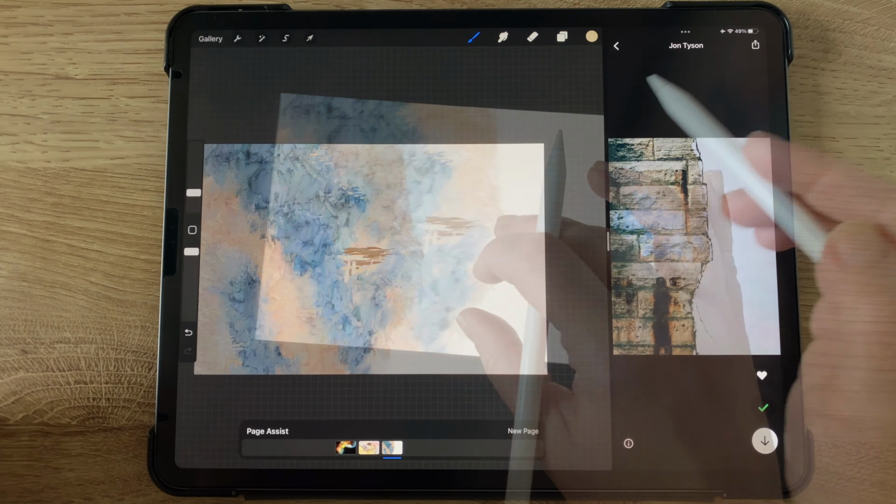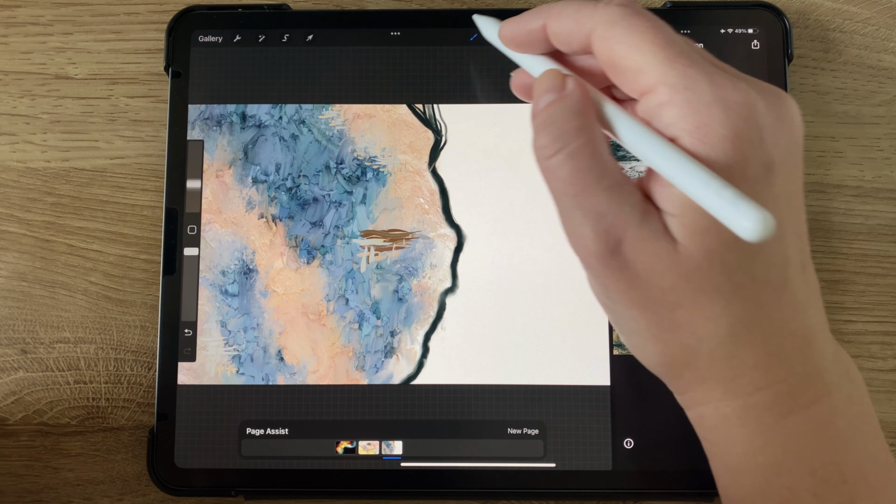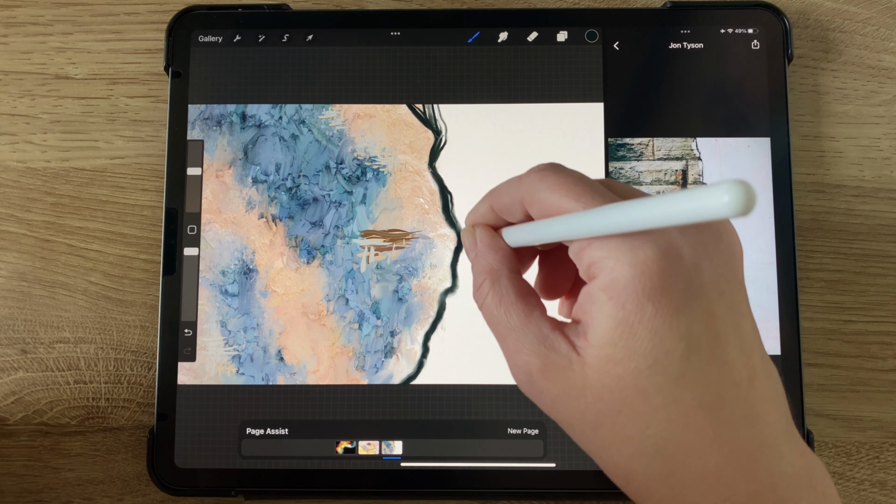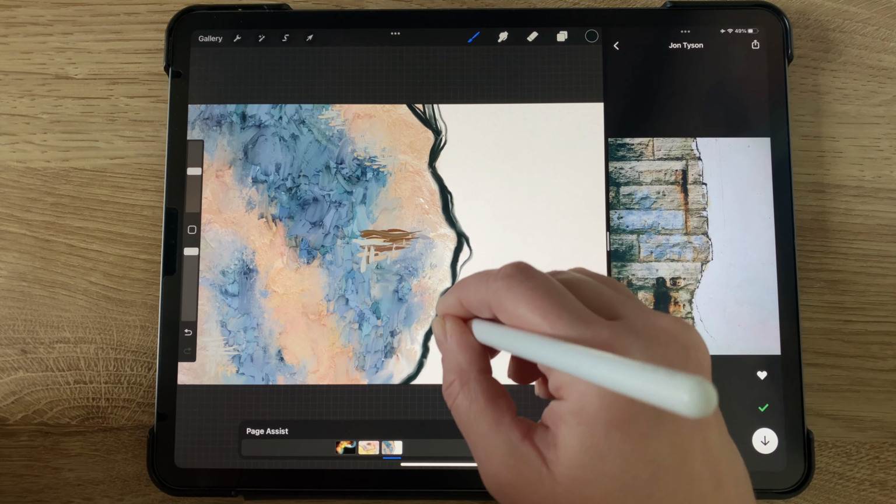So at this point, I decided to start creating that contrast between left and right. So I went back to my Painterly brushes and chose my detail brush. And then I chose one of the black colors from the color palette. And I wanted to trace along this line, kind of like the photo on the right, but a little bit more contrasting. So at this point, I decided to add a lot of little squiggly lines coming along, and just kind of erased what my hand did there, and just kept adding a lot of little squiggly lines on top of each other to create this separation between the left and the right.